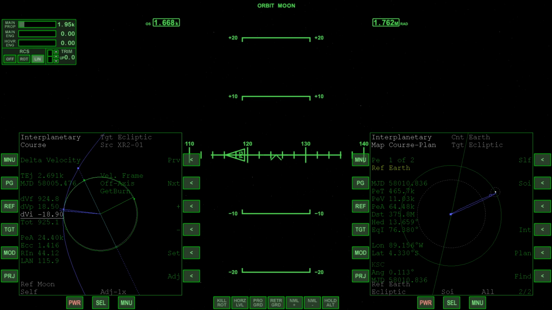We'll also take a look at the longitude and latitude coordinates there. So we are coming in, we're hitting the atmosphere 89.156 degrees west and a latitude of 4.330 degrees south. So that means, let's see, Cape Canaveral was at 80 point something degrees west. So we're coming in slightly west of Cape Canaveral, but we're getting most of that distance away from Cape Canaveral to the south. Of course, 4.330 degrees south means we're coming in 4 degrees south of the equator. So we're going to be coming in somewhere probably just south of the Galapagos Islands.